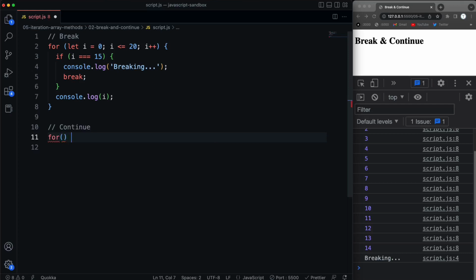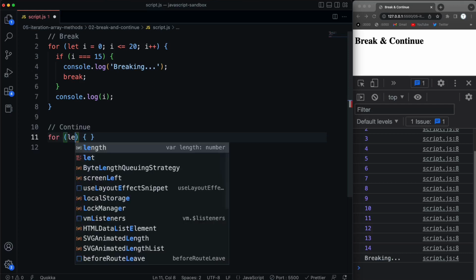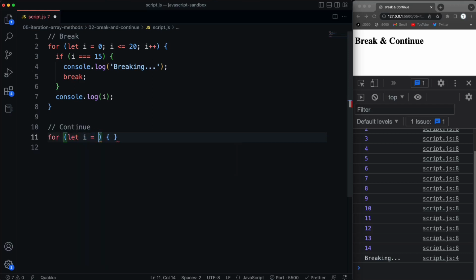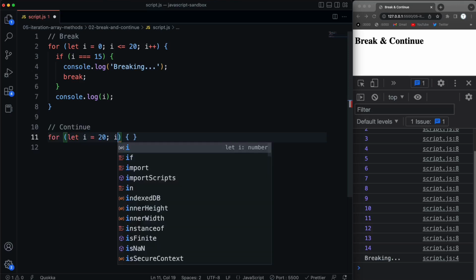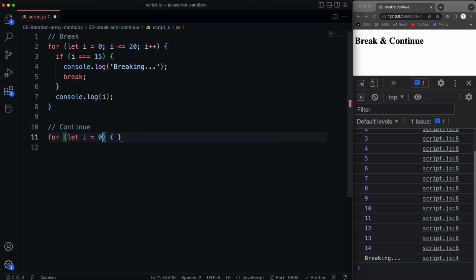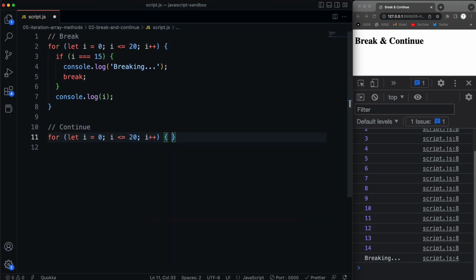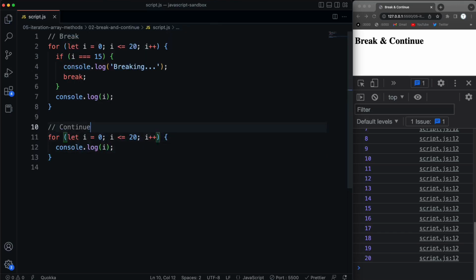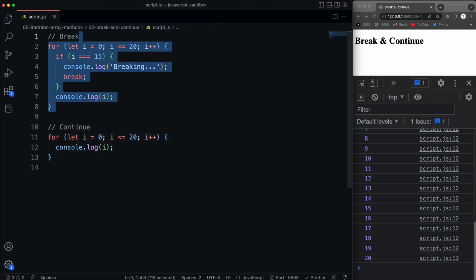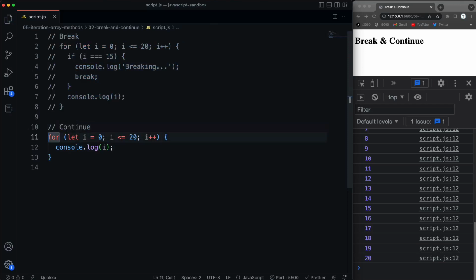So for instance, if we do the same thing here, we'll say let I equals 0, and then as long as I is less than or equal to 20, we want to increment, and we'll do the same thing, just console log I. Let's comment this out here. Okay, so we just get 0 through 20, and let's say we're a superstitious hotel and we want to skip